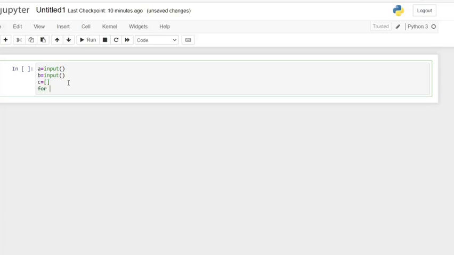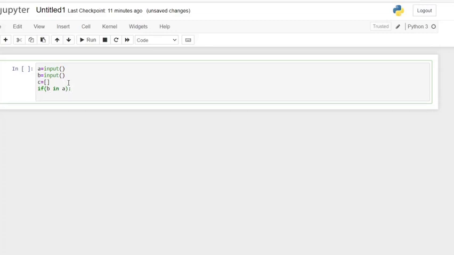First I am running the loop. There are two conditions: B is present in A or B is not present in A. So I am checking if B in A. We are using the in condition because it checks whether the character is present in A or not. If B in A, then for i in range length of A,